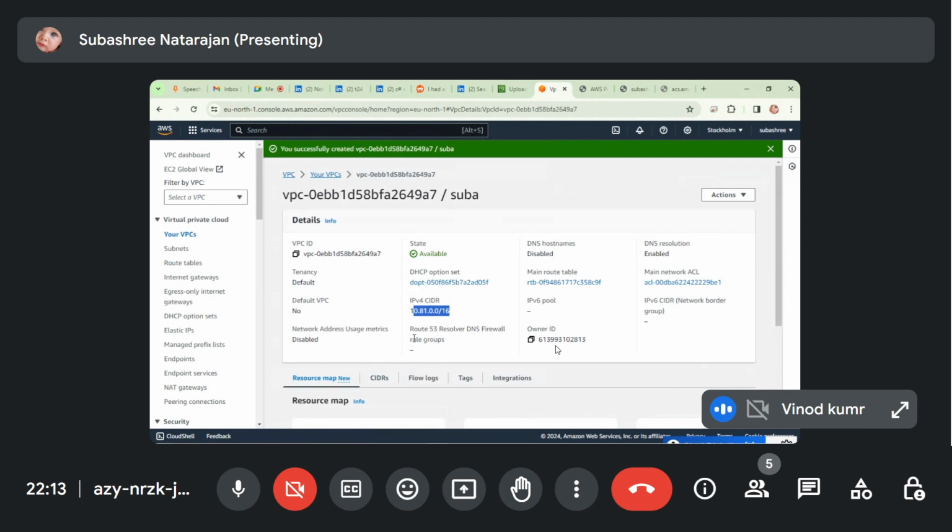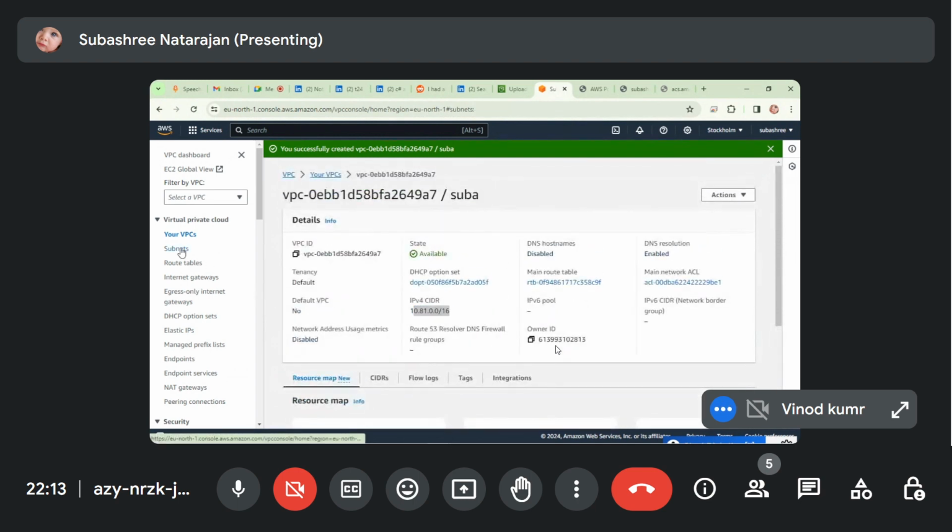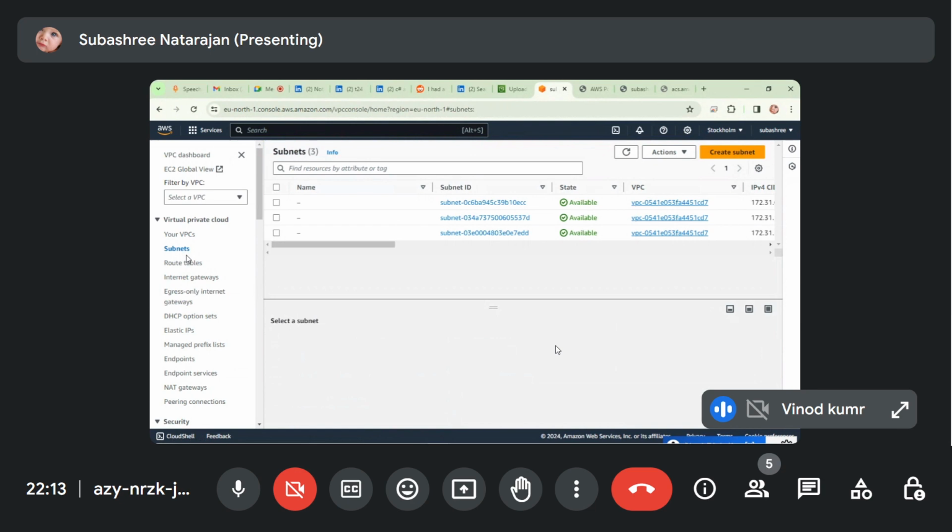So go to subnets on your left side. Here we have to create two availability zones.